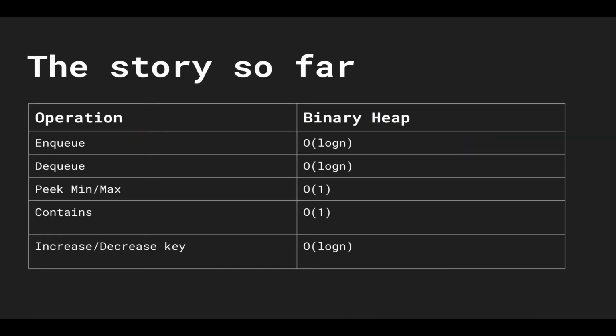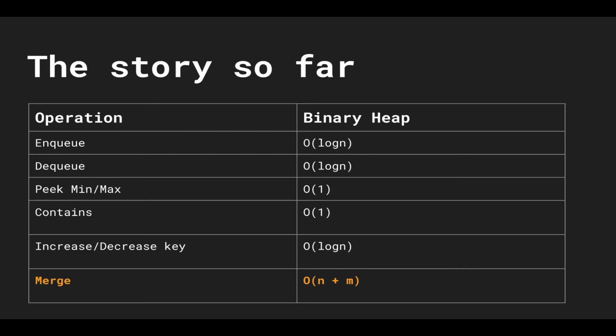So this is the story so far. These are our runtimes for the binary heap. We have enqueuing and dequeuing being logarithmic because we have to swim or sink elements throughout the height of the tree. Peeking and checking to see if our heap contains a specific element is constant. And increasing and decreasing a key are logarithmic as well because of the sinking and swimming that's necessary in those